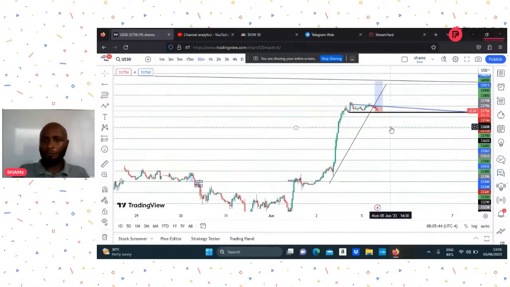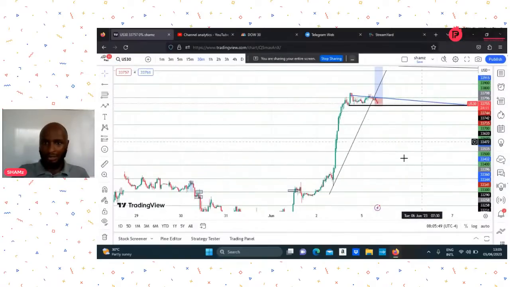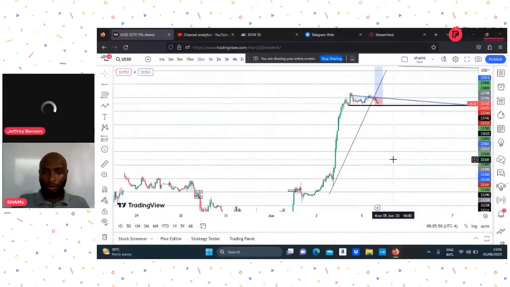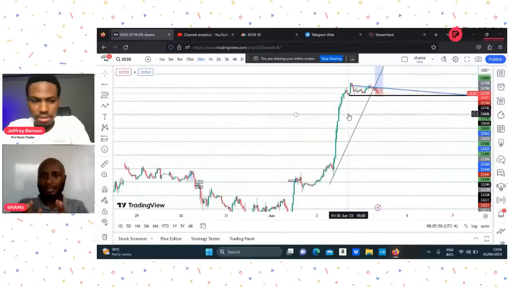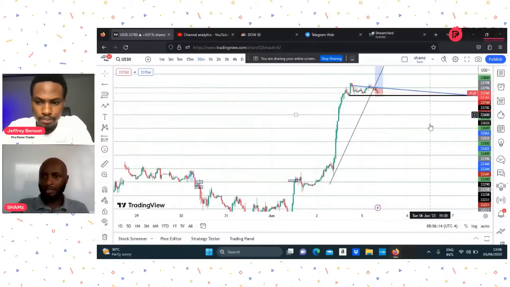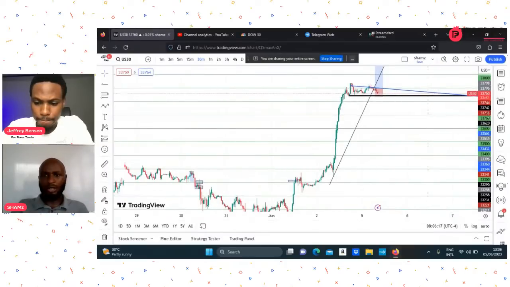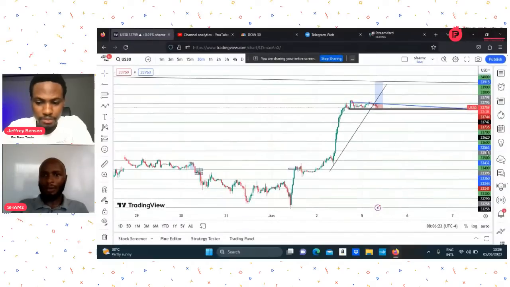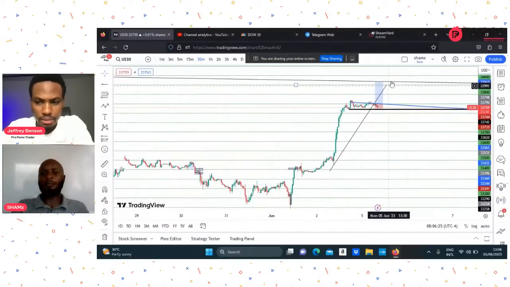If this market happens to hit our stop loss, it's fine, because CNBC technical analysis and every other confirmation says it is going to be a buy. It's fine for us to use the ratio, not the entire move, to apply proper risk management. So this is basically what I'm seeing on US30. I'm seeing a buy for at least 200 to 250 pips to this trend line before we take action on a sell.